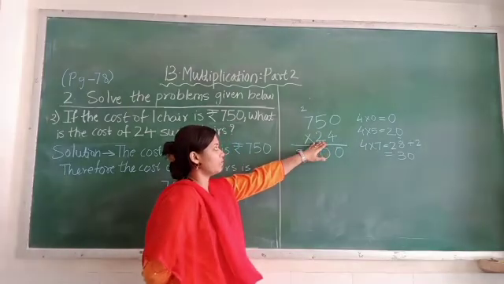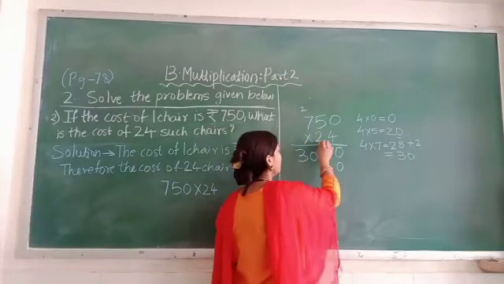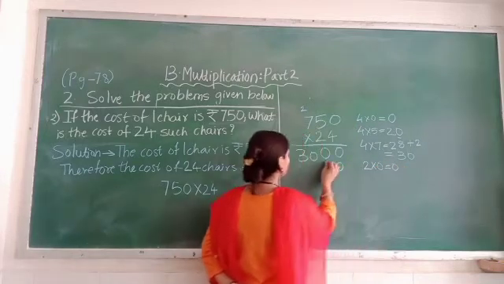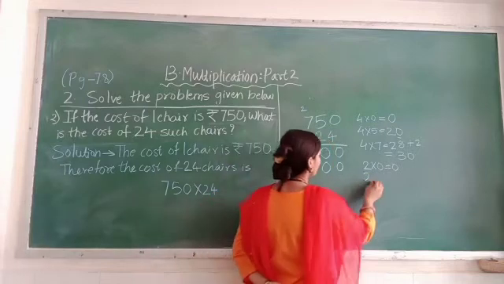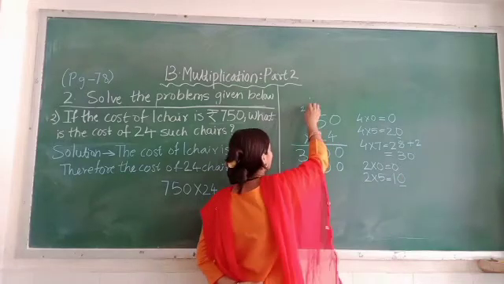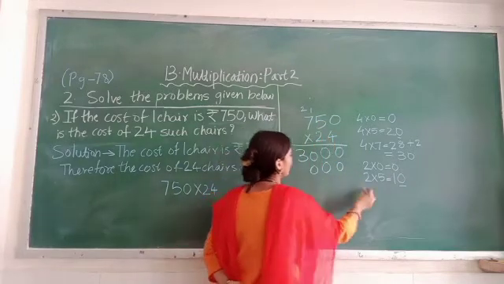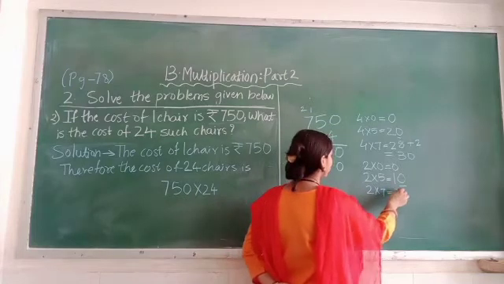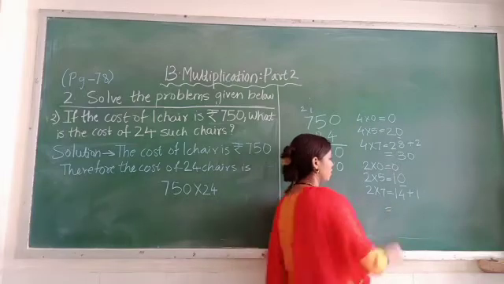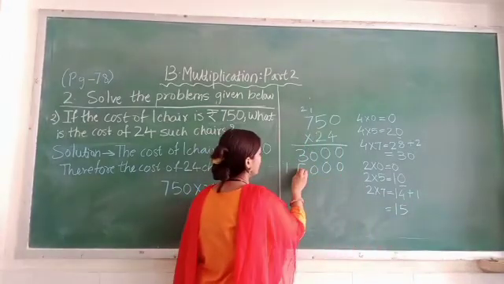Now we will multiply the number which is in the tens place. But before that what will we do? We will write one 0. Then we will start multiplying. 2 multiplied by 0 is 0. And 2 multiplied by 5 is how much? 2 multiplied by 5 is 10. This 0 we will write here and this 1 will be carried over to 7. Now we will multiply 2 by 7. 2 multiplied by 7 is 14 and this 1 which is carried over we will add to this 14. 14 plus 1 is how much? 15. So this 15 we will write here.